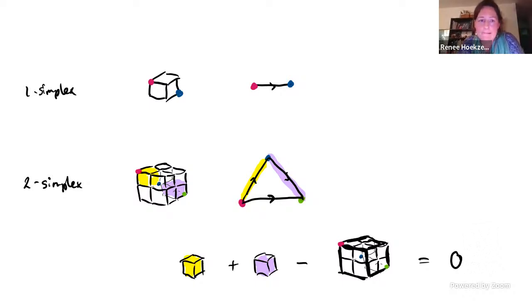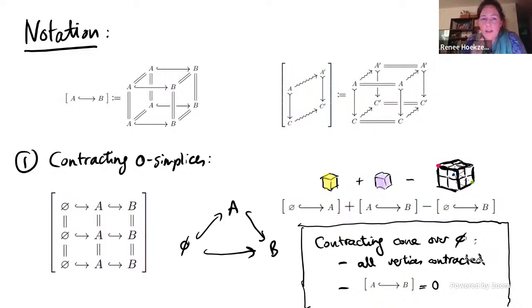Okay. So now, in order to simplify the computation, I'm going to use a little bit of notation. Whenever I write brackets, I think of completing this map to a cube, or to a two simplex if it's two composed maps. So for example, this bracket A goes into B is the cube where I have these maps, all the horizontal maps and identities everywhere else. And I can also pick a face and then extend it using degeneracies.